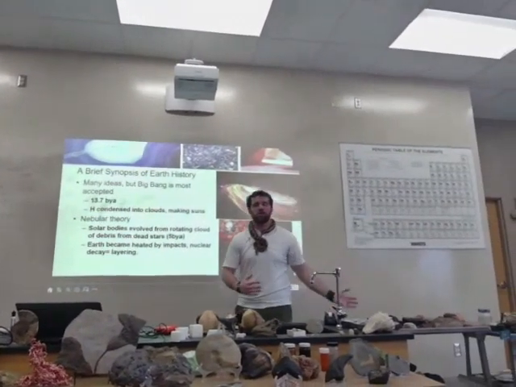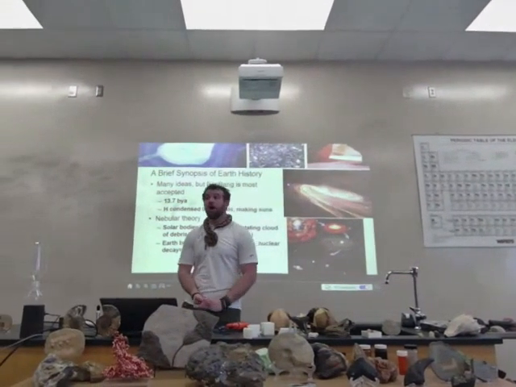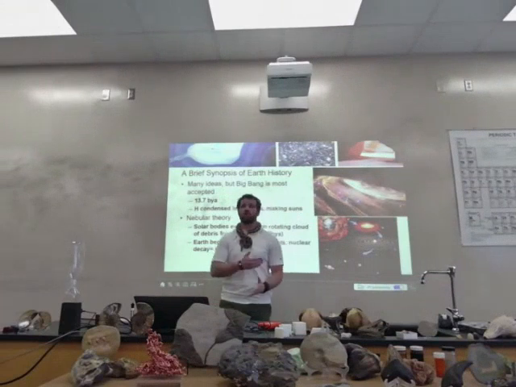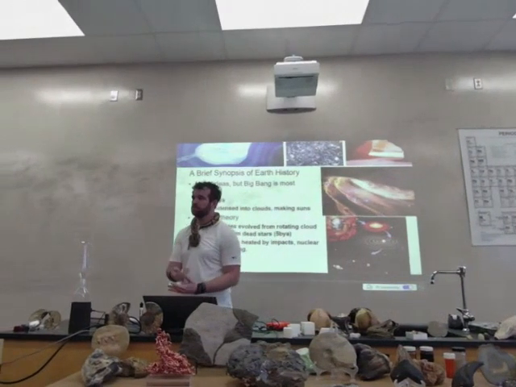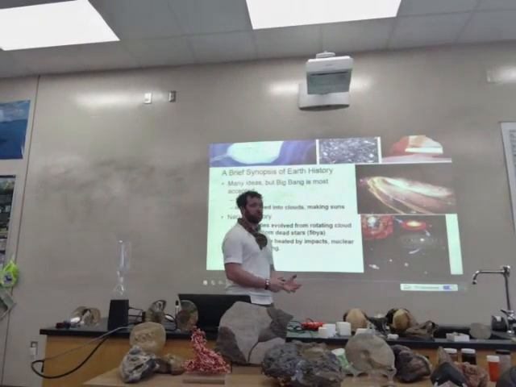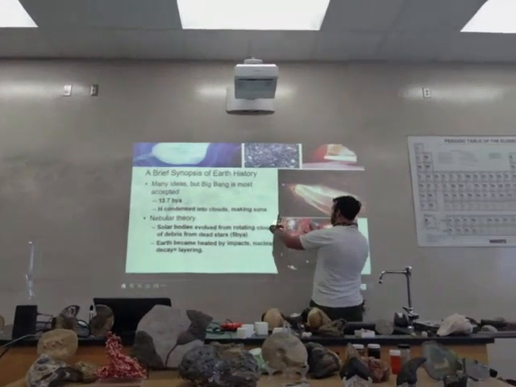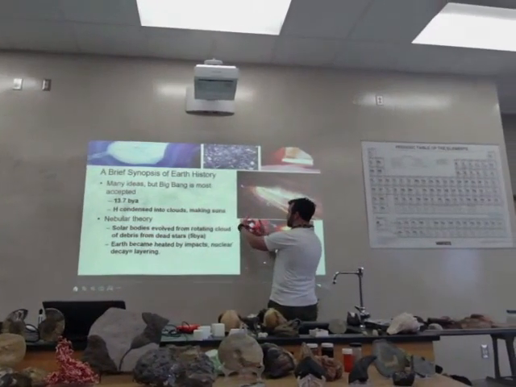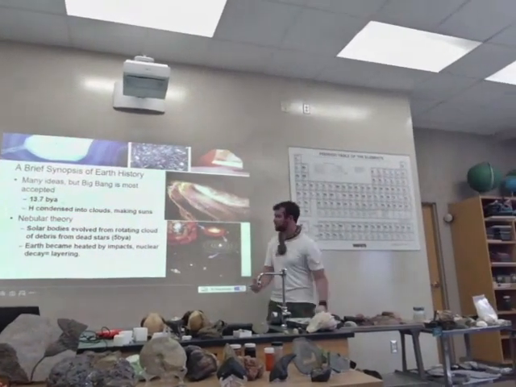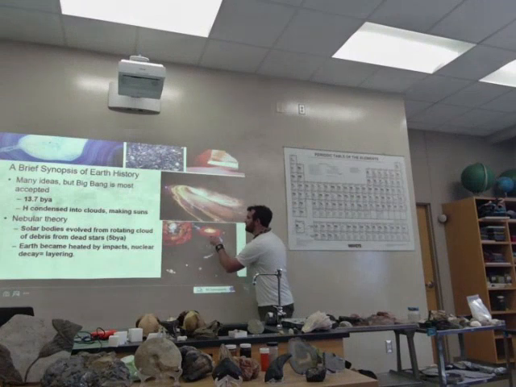from the old stars. Because the universe is about 13.7 billion years old, our sun is about 5 billion years old. We generally assume our sun is in the third or fourth generation of stars. Okay, so it didn't just start with hydrogen. It had a whole bunch of other stuff around it. So a bunch of that stuff from the cloud that made our star coalesced into our star, and all the stuff that wasn't incorporated into the star formed this sort of disk captured in the gravity of our star as